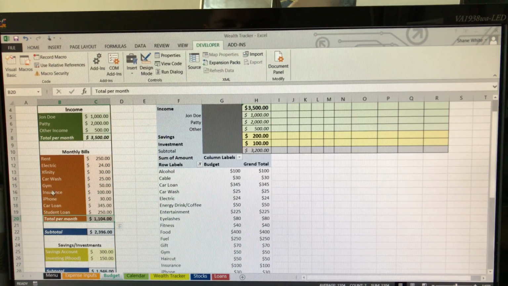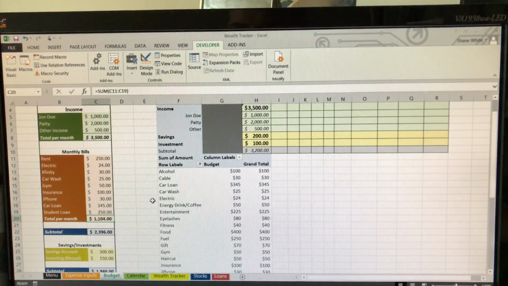Now if you need more rows than what's already built in, let me know and I can edit this for you. That's something going forward I want to be able to change, but right now if you go below, you're going to throw off the model, so don't add any more rows. And as well, if you have less than you need, if you only have 4 categories, then you can just delete these out and nothing will be wrong with it. So in this example, this then shows your total per month